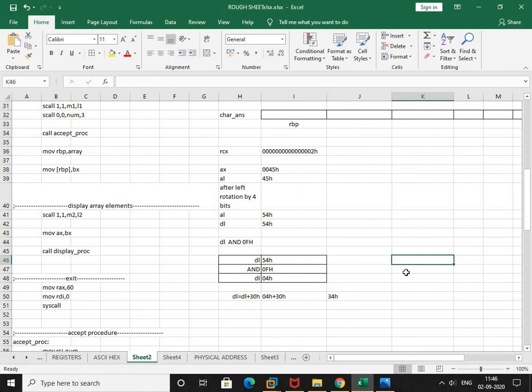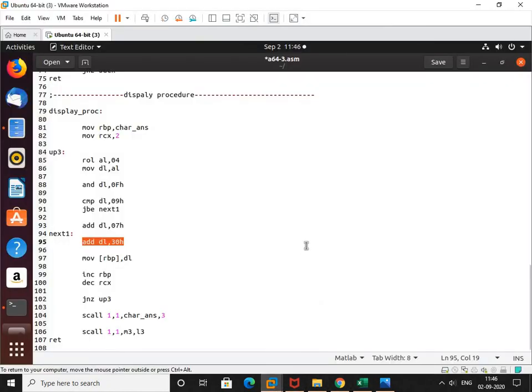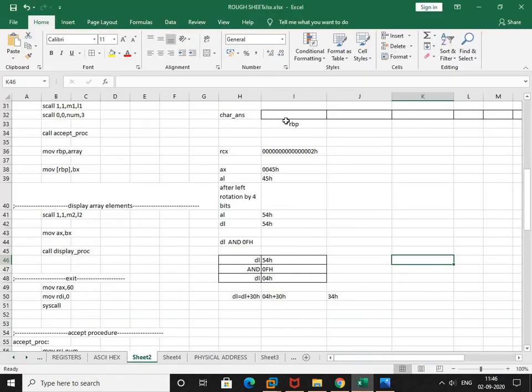So what is this 34H? This is the ASCII hex value of 4. So this DL, put it into RBP. What is this RBP? It is where the char answer is pointing, at the vacant location. So here we are going to copy this 34H. Okay, next.